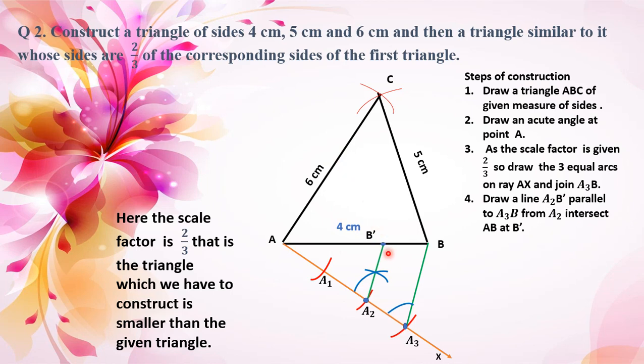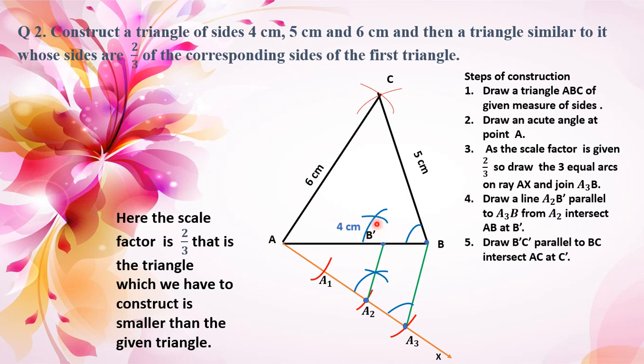For finding the third point of this triangle, we follow the same process: from B dash we have to draw the line parallel to BC. So open the compass, place the pointer at point B and with any convenient radius draw an arc with B as a center. Now with the same opening, place the pointer at point B dash and draw an arc. Now open the compass to the measurement of this angle B, place it at this point and cut the arc.